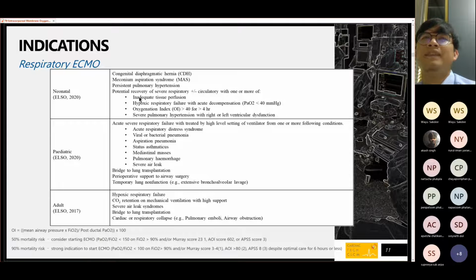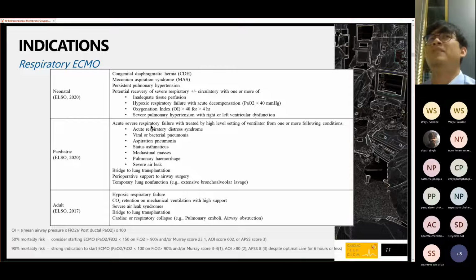And this is the score that has been calculated to make a decision on the neonate. I don't go into much detail about that because sometimes there are other factors in deciding to put the patient on ECMO. For the small baby, we have a lot of things to think about. In pediatrics, also